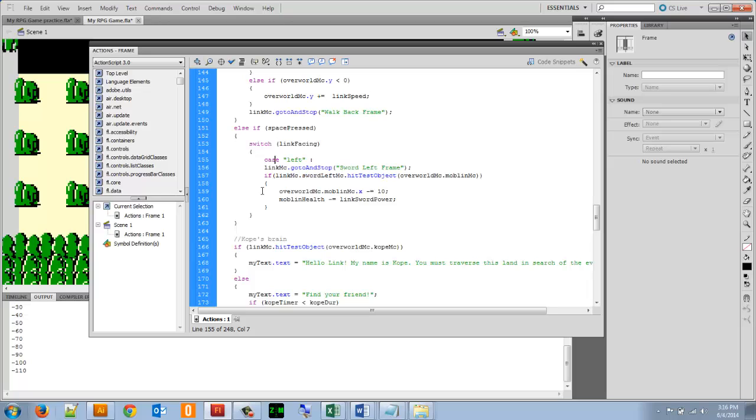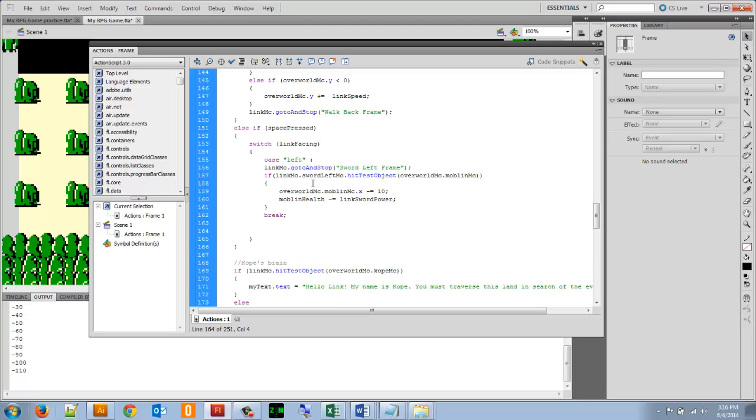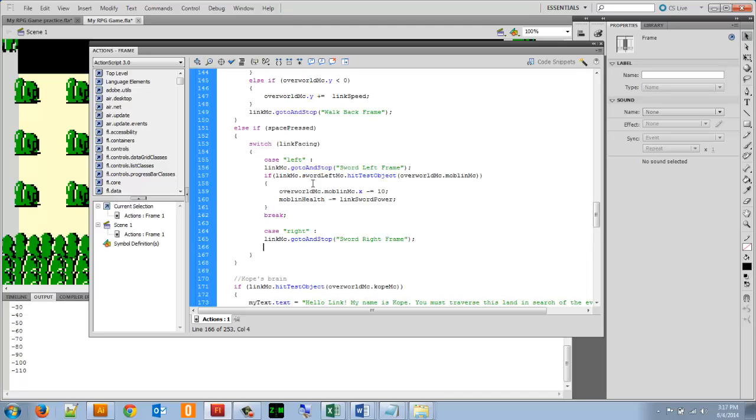So I'm going to go right after the close curly bracket for that if we created and type in break semicolon and then create another case. Case right colon linkMC.gotoAndStop sword right frame. Pay attention to how I'm typing everything, of course. Put a semicolon there, and also create the if statement, if link